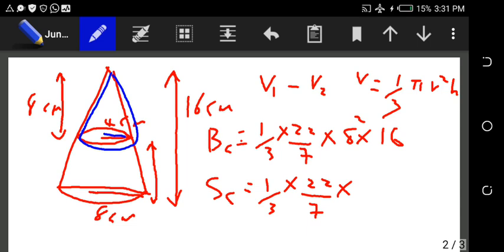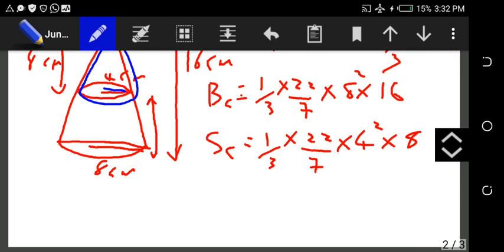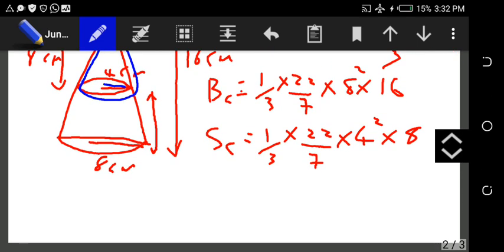All right, so we have r squared, not just 4 but 4 squared, times the h, which is the height, and the height of it, from here to here, is 8 cm, just like we have by the side. So we have 8. Now, making use of the calculator to simplify all this, 1 over 3 times 22 over